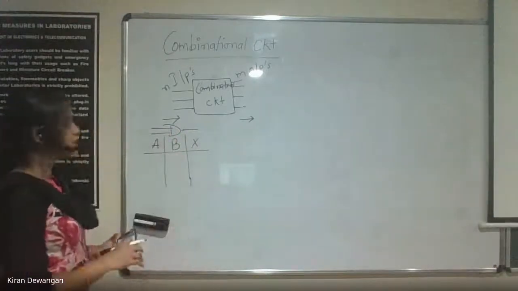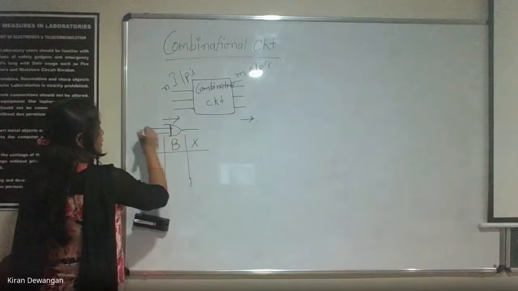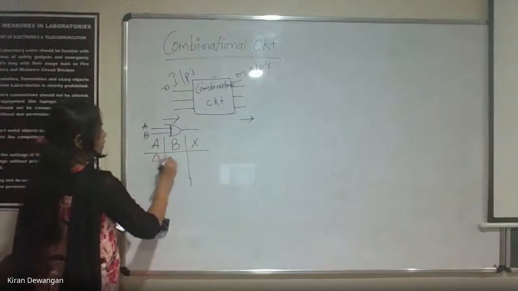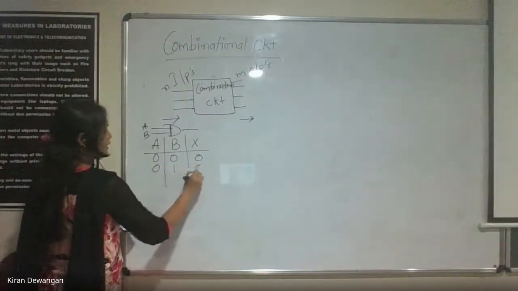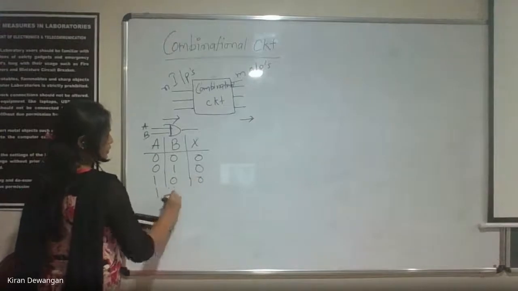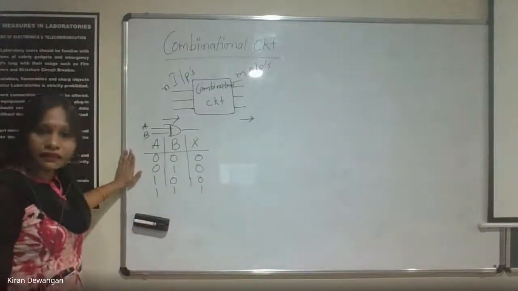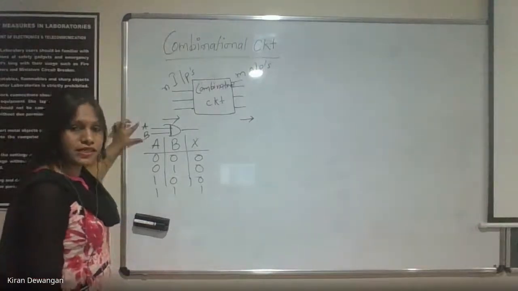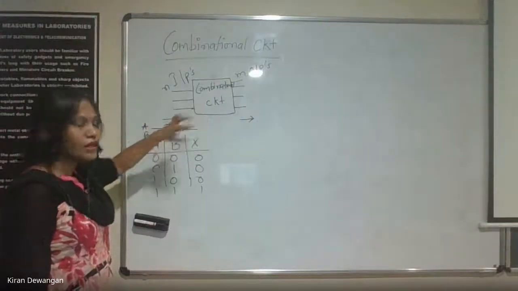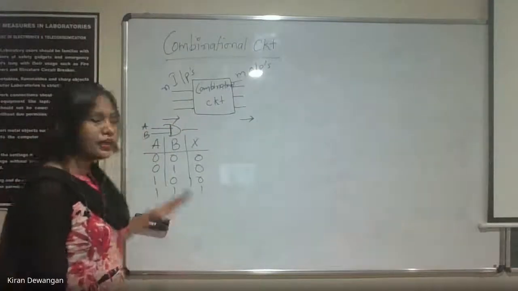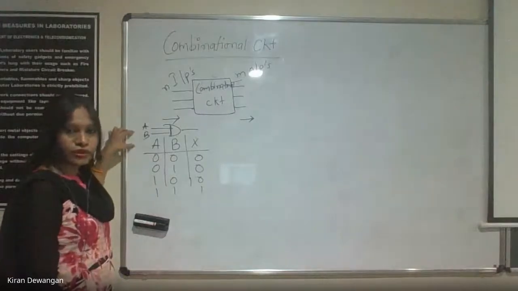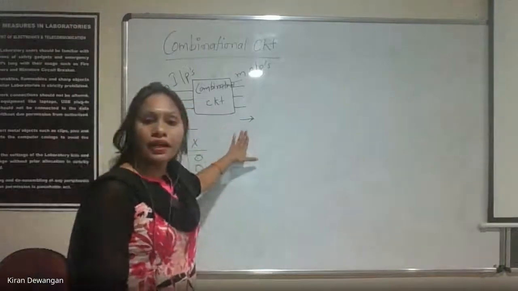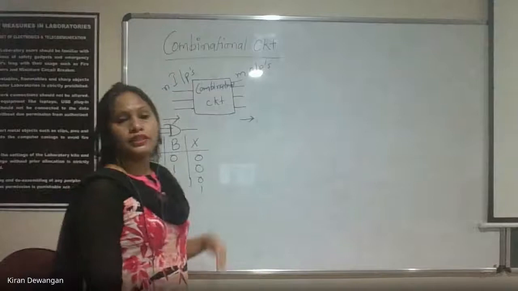AND gate. What is it? It's a simple AND gate. Here I am having A and here I am having B. So, depending on my combinations, I'll be getting output. Correct? So, this is nothing but depending on these two input sets, I'm getting my output. Now, if I connect it to any other gate, definitely it will depend on only these two inputs. That is what a combinational circuit is, where the output depends only on the inputs that we are giving.